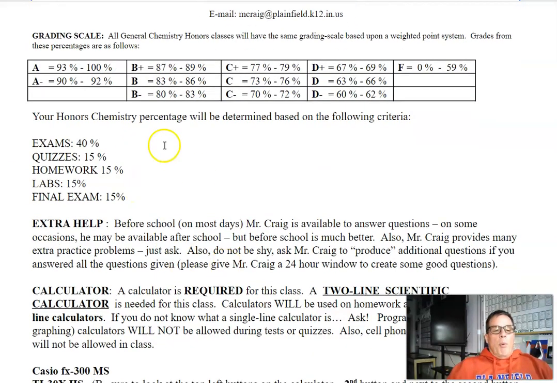The way that the points are going to be broken down, exams or tests are going to be about 40% of your grade, quizzes 15, homework 15, labs 15, and then I know that sounds like 115% if you add all this up, but it's actually broken down into 2 parts. So this is your semester grade, and then the final exam grade is a portion of your grade that's separate. So really, the final exam counts as 15%, and then all of this is 85%. So you've got a weight within a weight. But if you're doing what you need to do, then you should be fine.